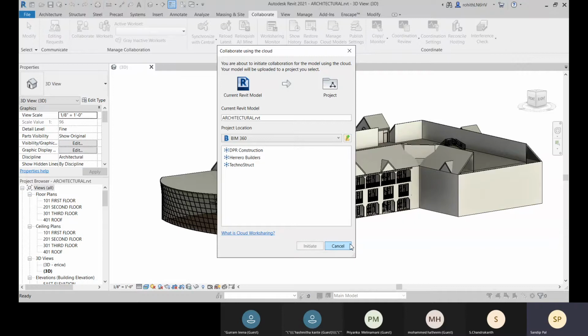All right, so the central file will be accessed. So let's define the location, the project location, and let's define this Technostruct folder, which is created in this project files. So let's place it here. Okay, let's go for initiate.